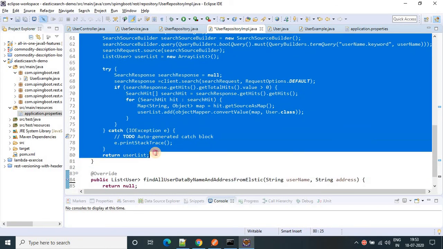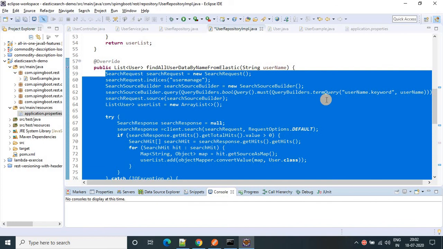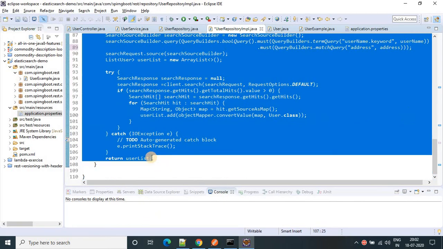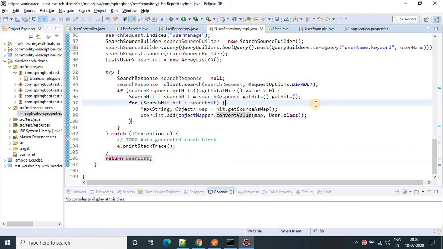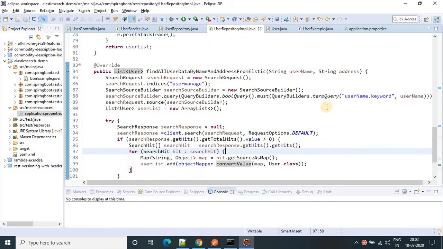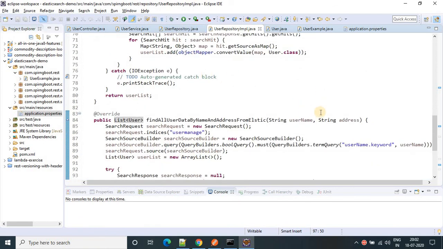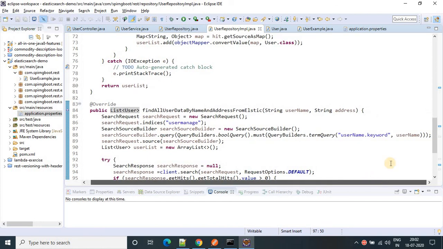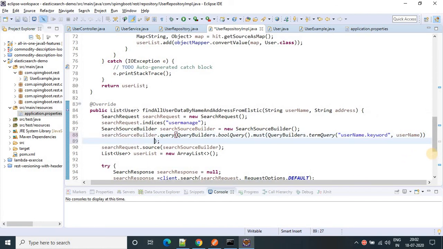Only we have to change the query. So copy this one and provide it here. Same thing here. So now we are going to search data based on the name and address. For name, I am using the same one. Now for address, let me write some other query.